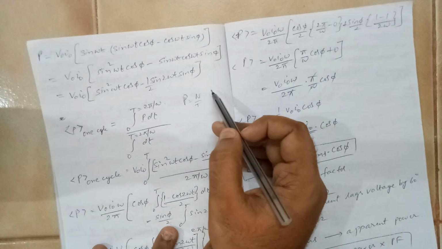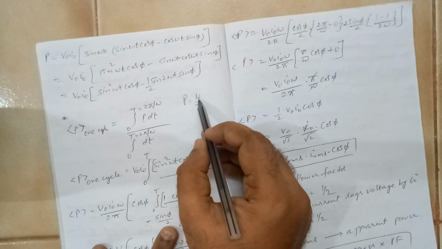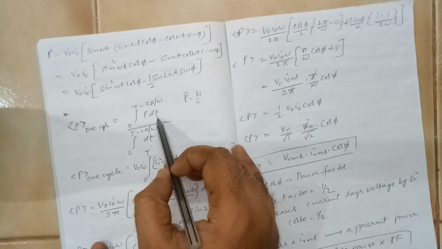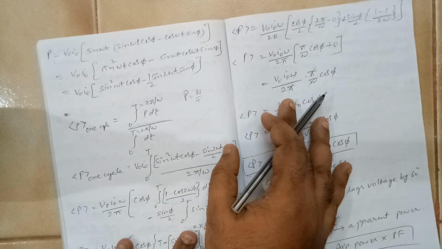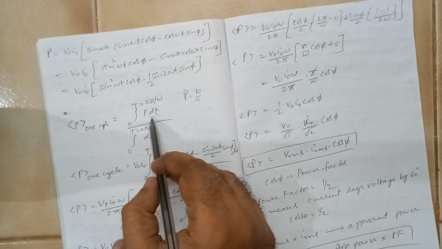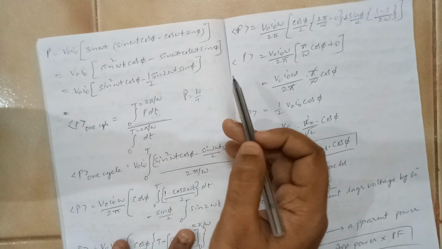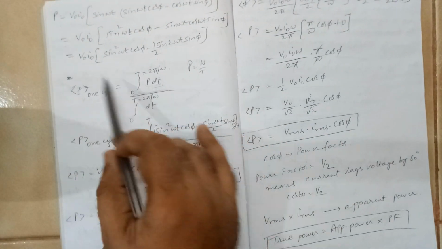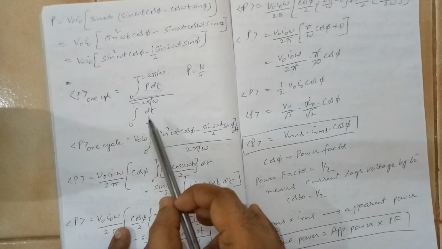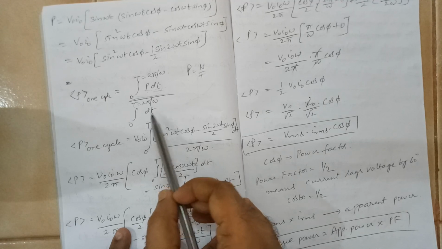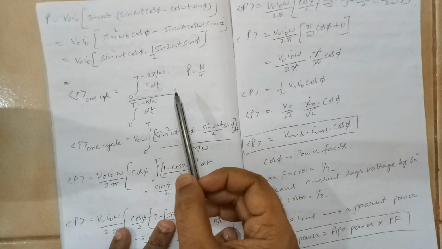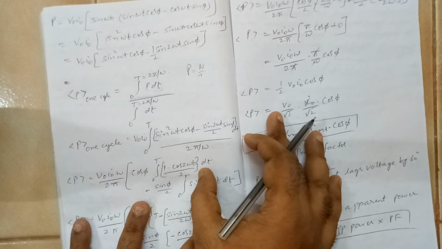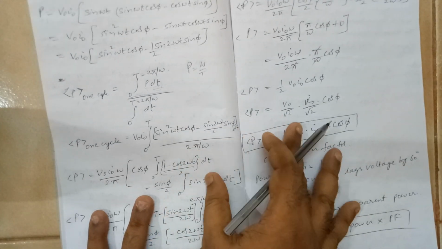So what is the total work done? Total work done means total energy, right? So this is the total energy, P multiplied by dt. For a small increment of time, it is dt, P dt is the energy. Total energy how you get? By integrating it. Now this P value we already calculated, and denominator will be the total time, which is equal to 2 pi by omega. Now we need to solve this integration part.